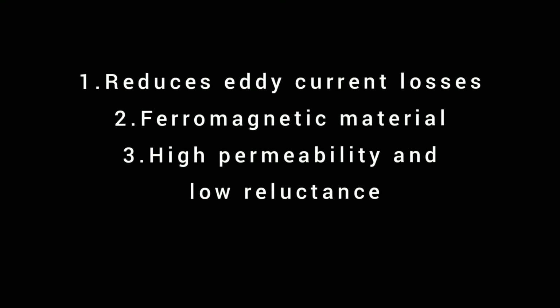The transformer core is made of thin strips called laminations, and insulating materials such as oxide paints, inorganic paints and impregnated papers, which means papers dipped in transformer oil. Then it becomes more dielectric. These are provided between the laminations for electrical isolation. The process of bunching all laminations to get the required shape, that is the cruciform shape, which we will discuss later, is called core staggering. We require proper core staggering.